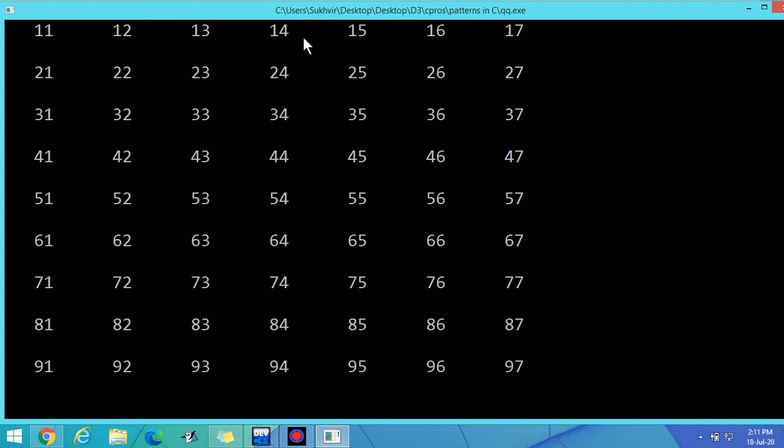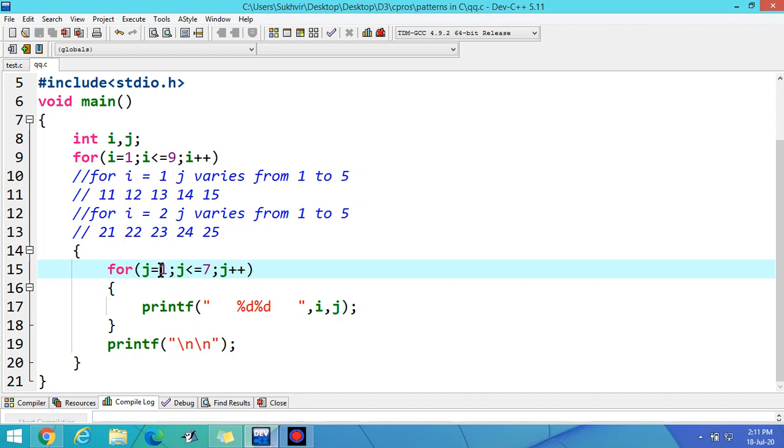It means here the value of i is equal to 1 in the first row, and the value of j varies from 1 to 7. If I reverse the content, if I write here j is equal to 7, j greater than equal to 1, and j minus minus, it means I am reversing the loop.